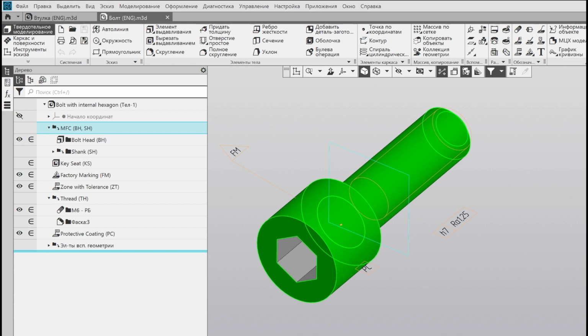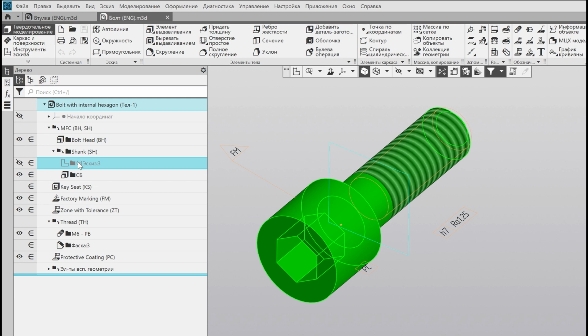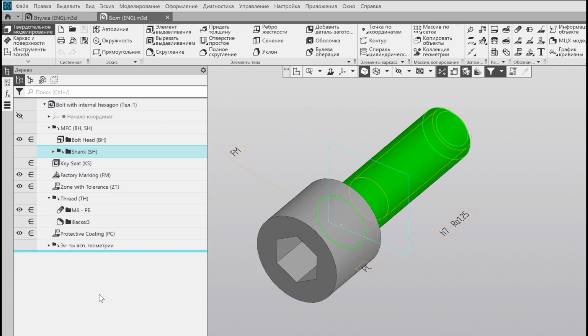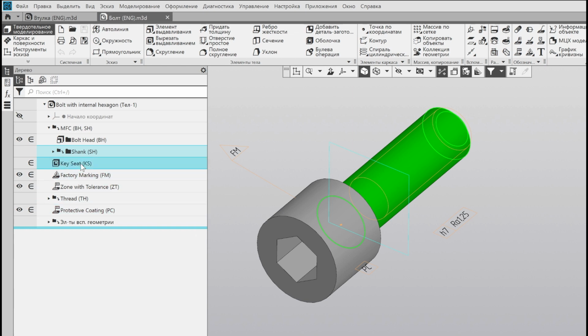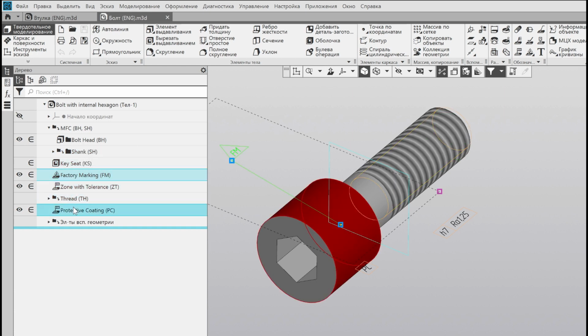Constructive tree, usually left on a screen, in which we have some elementary parts of the 3D model. Thus, the main indivisible function carriers appear for the bolt in the form of a shank with a head, i.e. their placement is not specified for these two elements. For the rest of the bolt elements, key seat, freight, protective coating, zone with tolerance, and factory marking, the placement